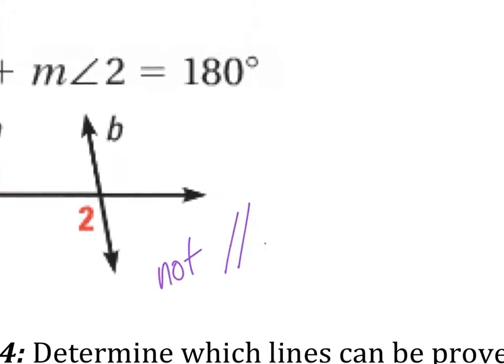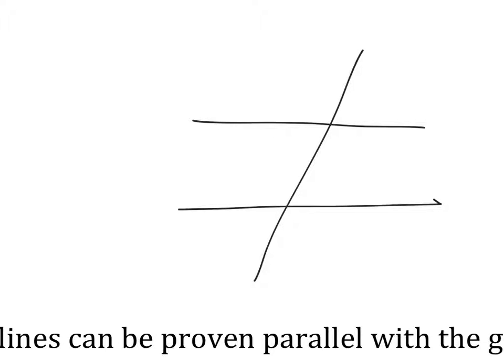All right, so I'm going to add in another one. I'm going to just check for understanding here. Here's a line, here's another line cut by a transversal. If this angle is congruent to this angle, is line A parallel to line B? No? Why not? Because